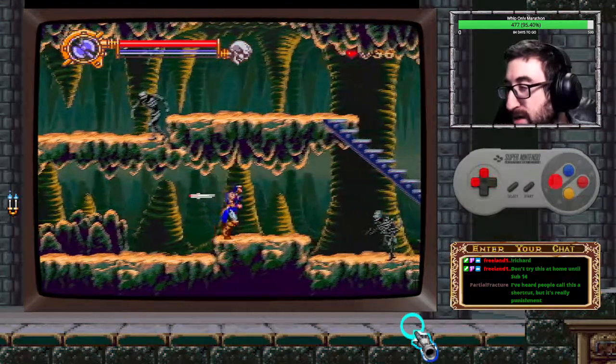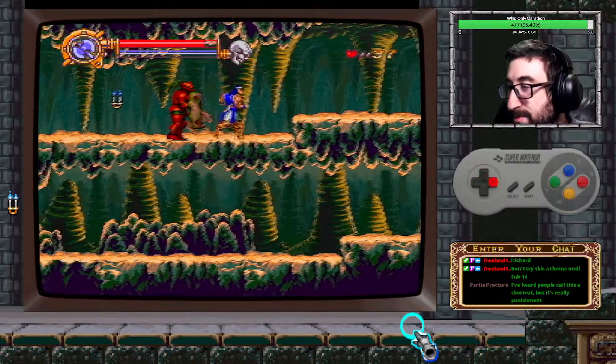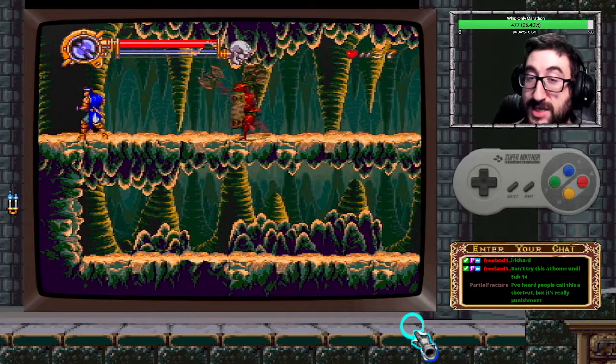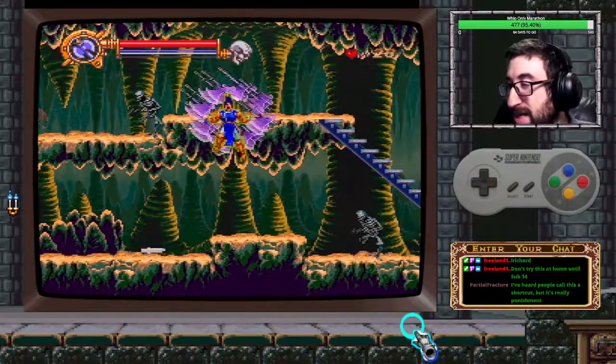Jump, whip there. Ask that guy a question. Kill that skeleton. Backflip over Red Knight, and you're through. But there's actually a skip now that we do here. So you can jump, whip, jump, grab the axe, use an item crash,